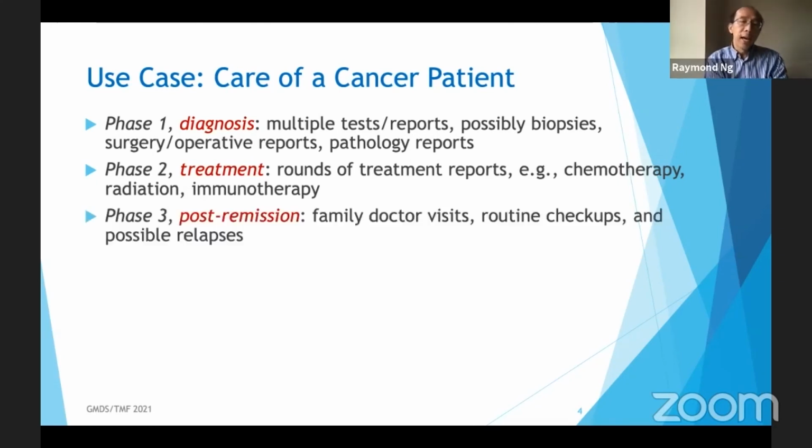And let's just say that the cancer is successfully treated. That is not the end of it, because there may be a relapse, and so post remission, there will still be routine checkups. There might be more tests, and if unfortunately a relapse happens, then it goes back to phase 1, phase 2. So during the care of cancer patients over many months and sometimes over many years, sometimes over 2 decades, there is so much unstructured text that has been generated. Now, what is the current